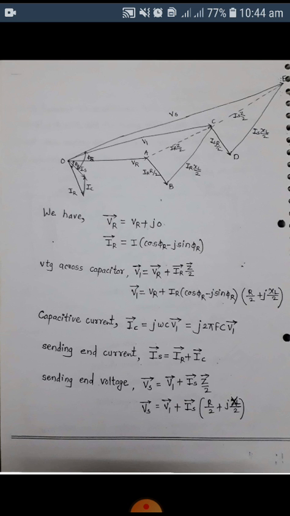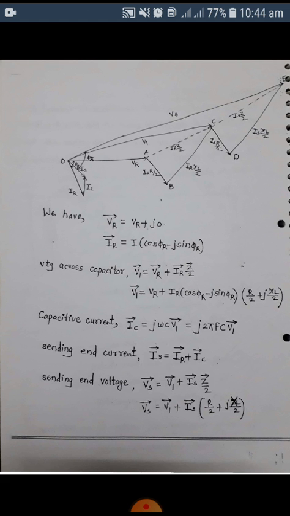Now, by referring to that phasor diagram and circuit representation, we can write the equations for each and every parameter of the line. So we have the first parameter, receiving end voltage. That voltage is a phasor quantity, so we can represent phi r bar. As we have taken phi r as a reference phasor, simply we can represent phi r bar equal to phi r plus j0.